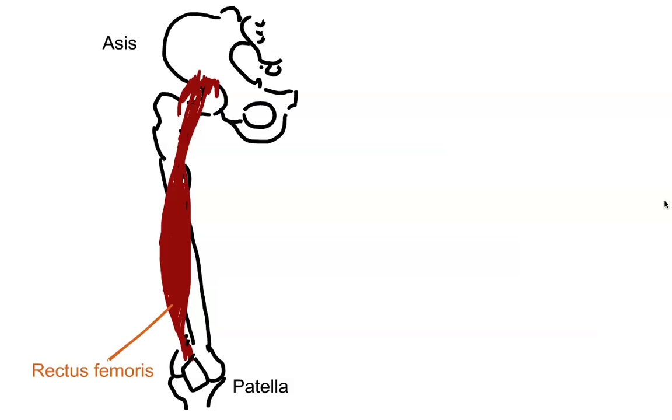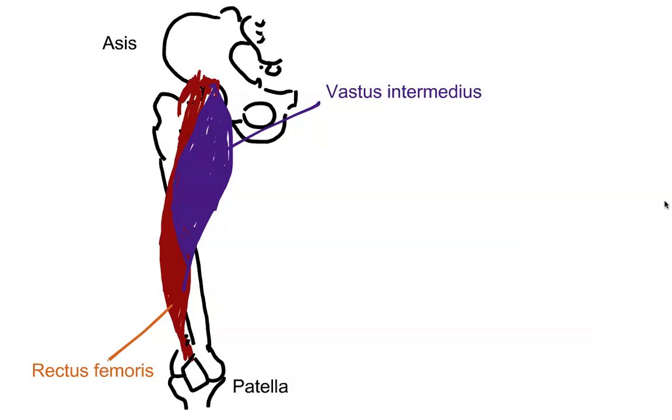The main extensor of the knee, quadriceps femoris, and also the main muscle of the anterior compartment, has 4 different parts. The rectus femoris attaches into the ASIS and the area around the acetabulum, and inserts into the patellar tendon. The rest are formed of the vastus muscles. The vastus intermedius joins the upper part of the femur and connects into the quadriceps tendon, ultimately ending at the patella, and the tibial tuberosity just below it,